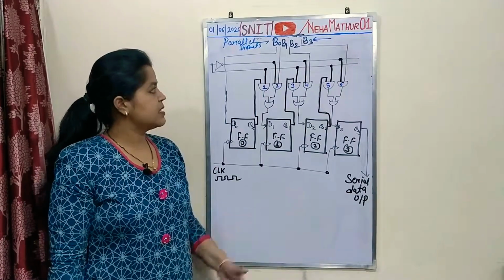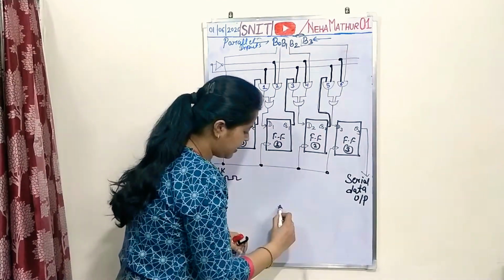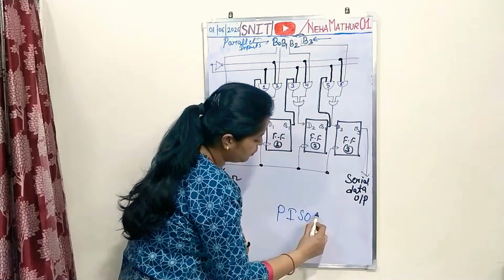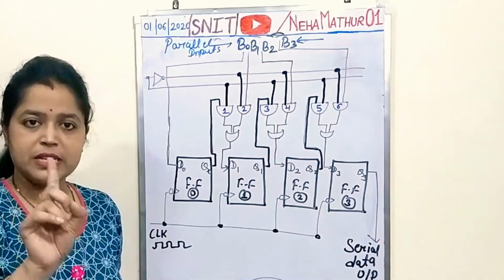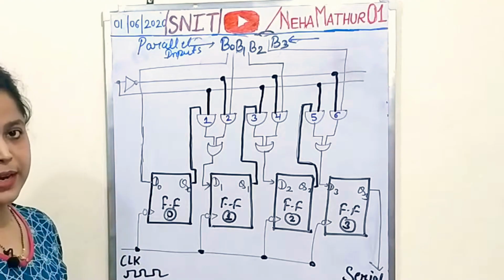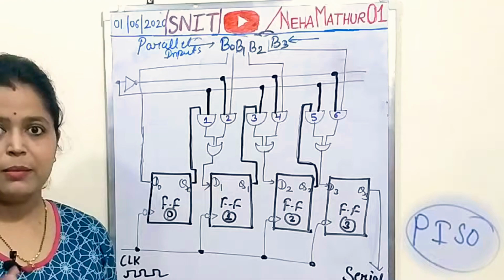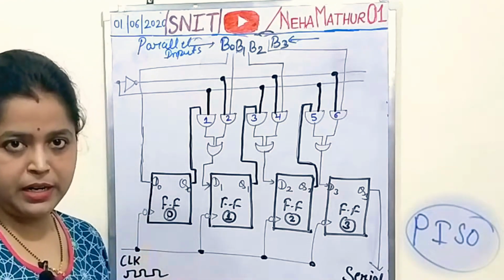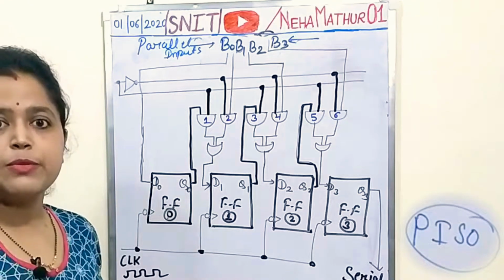So this is the circuit diagram for parallel input and serial output mode of operation for register. The first thing is, no need to get confused with this complicated circuit structure, because it is actually not complicated if you deal with this circuit in a conceptual manner.